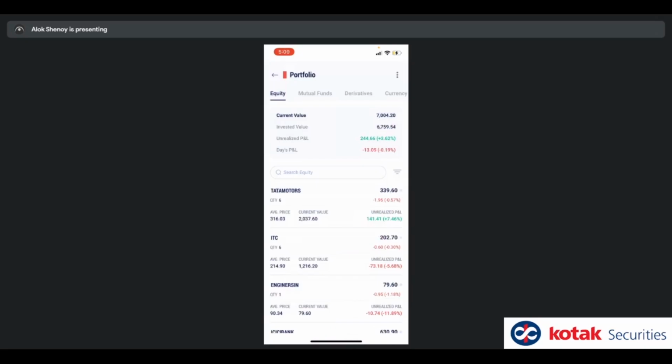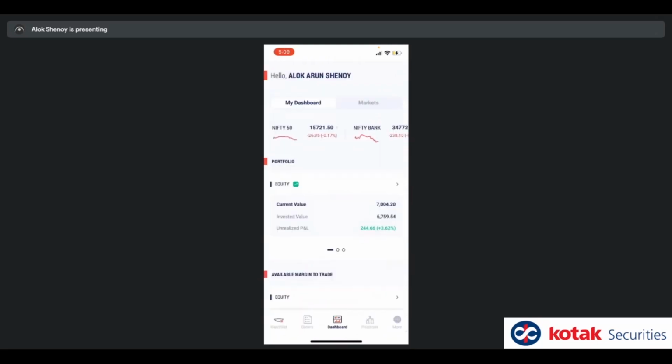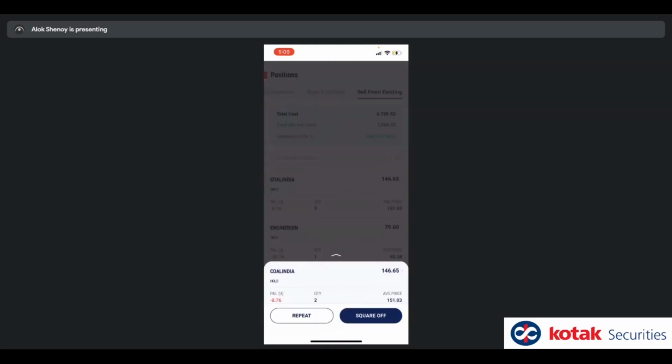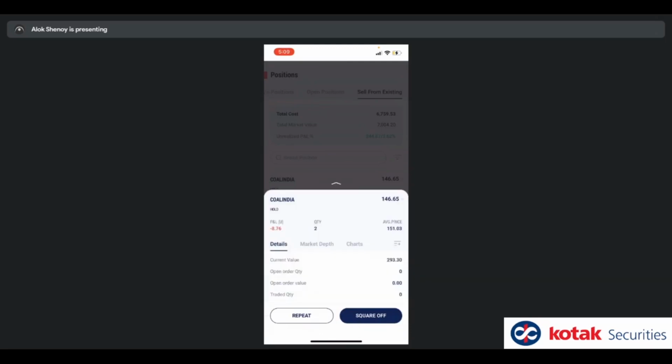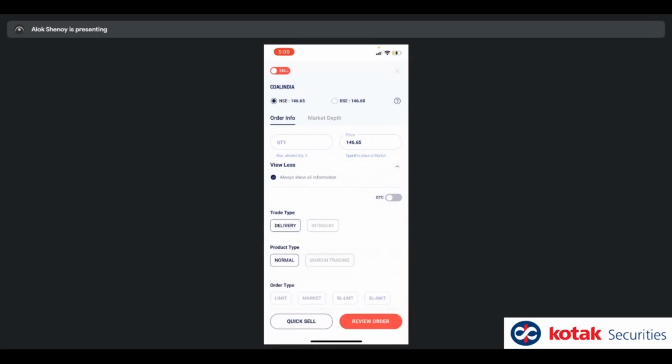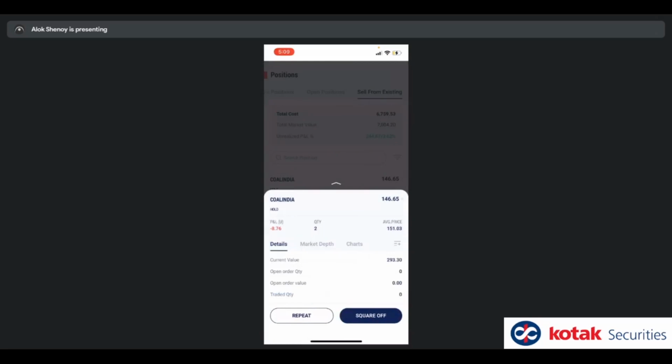A lot of people have a question with respect to when I sell, does it become a short sell? The ideal place to go if you want to sell is go to sell from existing, click on a certain entry and say square off. If you say square off, the benefit is right below the quantity field, we show you the max allowed quantity, which is 2 in the case of Coal India because I have only 2 in my DP, right?